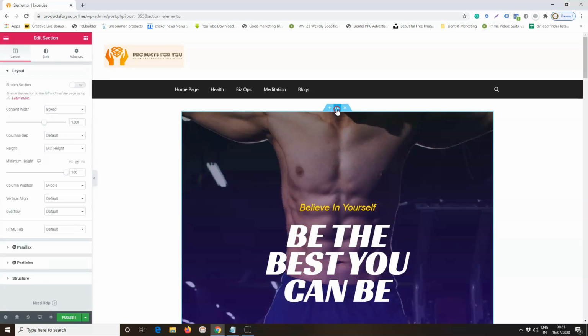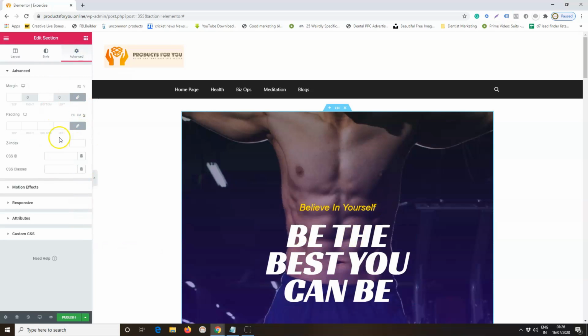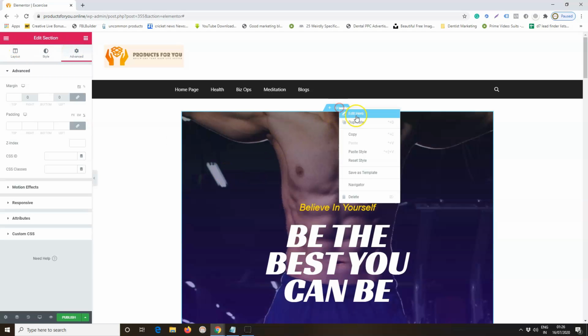There are only 3 things that you can edit: the layout of the section, the styling, that means image, text, etc. of the section, and the padding of the section. Just remember these 3 things and you can edit pretty much everything. Even if you get confused, just remember that everything is available in one of these 3 columns. So let's start editing.